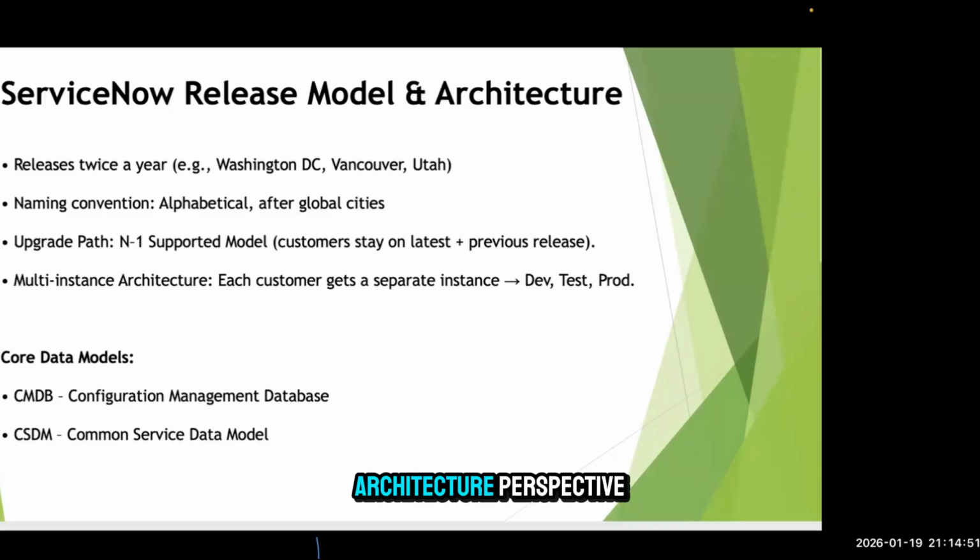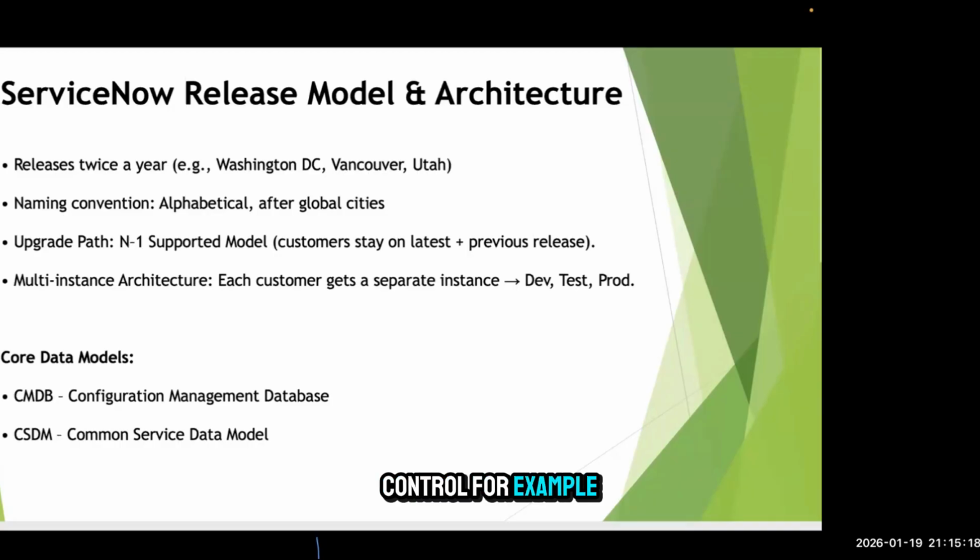From an architecture perspective, ServiceNow follows a multi-instance model. When we say multi-instance, that means every customer has their own independent instance, right? That's different from multi-tenant systems like Salesforce, if any of you have worked on that tool as well. What this multi-instance model helps with is that it ensures better data isolation, better performance and